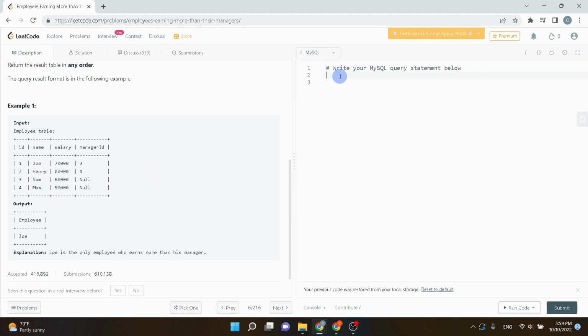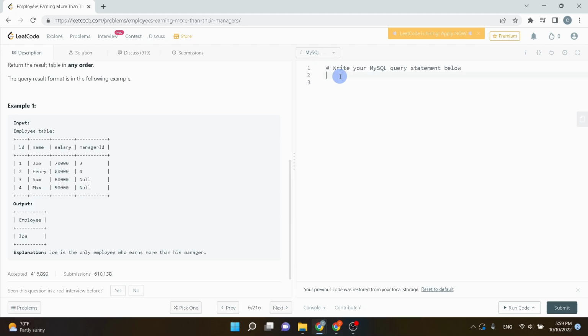So to get started, what we're first going to want to do is find a way to compare these rows where we can find an ID, and then if that person has a manager ID, we want to select that manager ID and compare it to the ID that we're looking for based on salary. So how we're going to first do this is in SQL, you can basically make two of the same table,